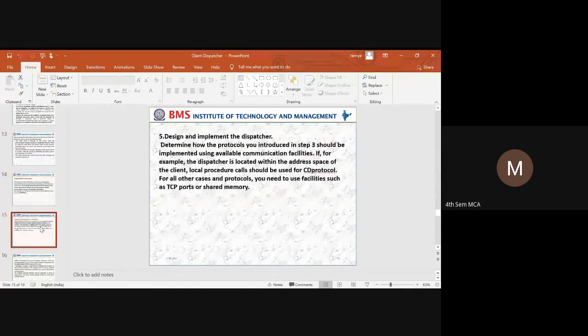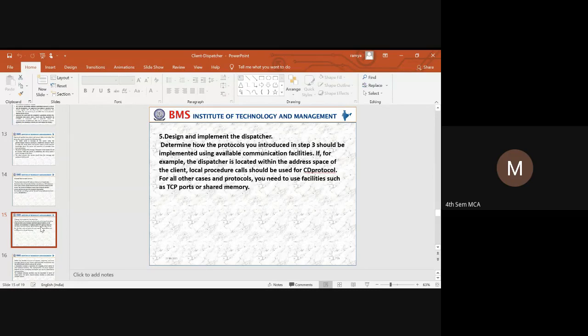Next we need to design and implement the dispatcher. To design and implement the dispatcher, we have identified that we first need to design a protocol. Once the protocol has been designed, we need to identify the different communication facilities that are available.